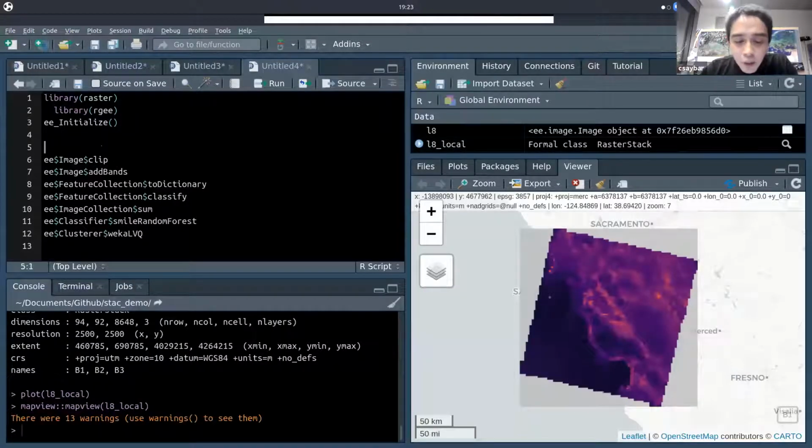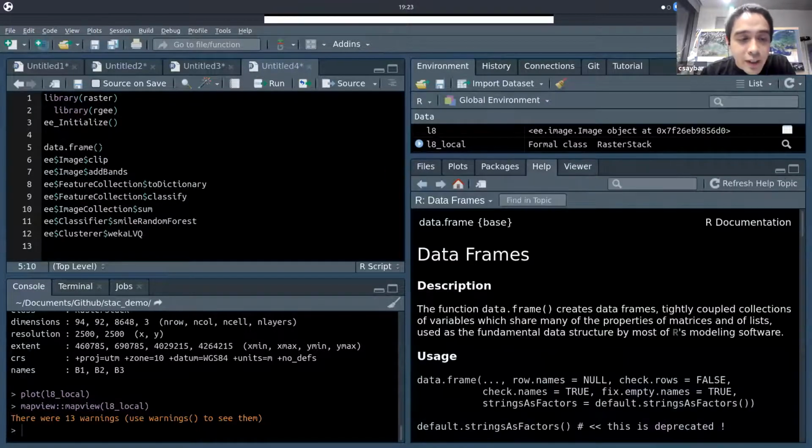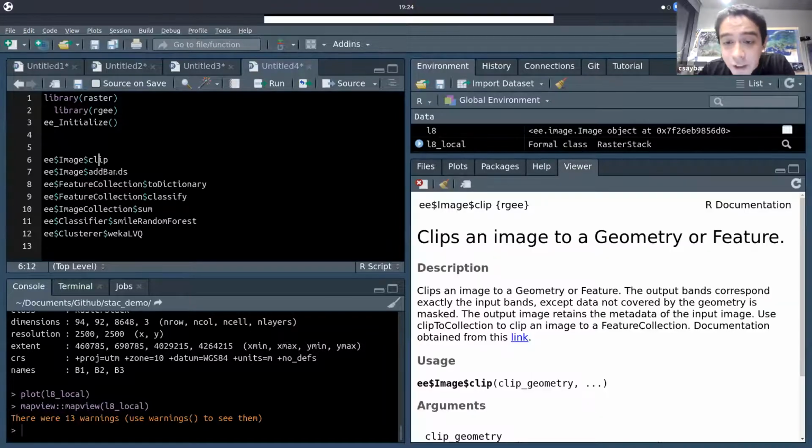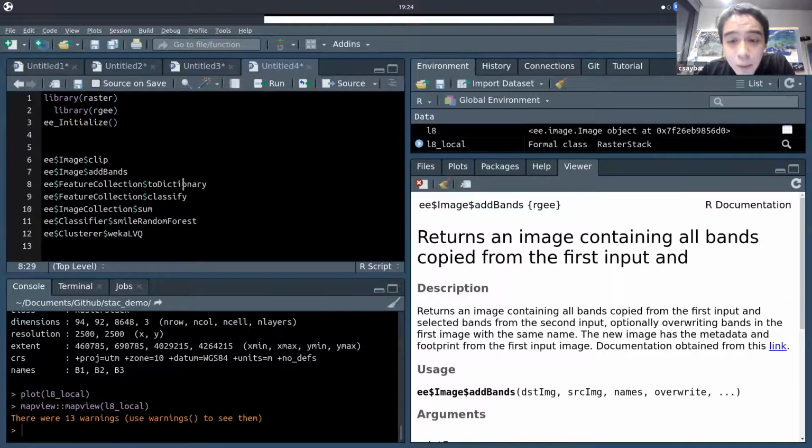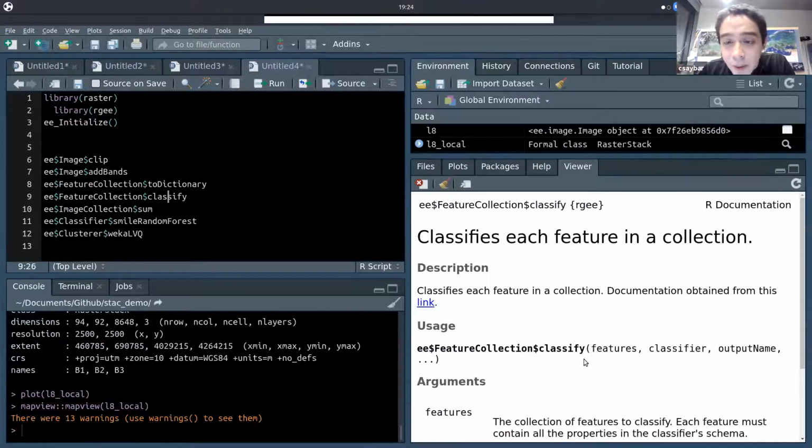And now, in R, if you want to display the documentation, you just need to press F1, sorry. But if you want to display the documentation of Google Earth Engine methods, classes, and everything in Google Earth Engine, you just need to press F3, and that documentation automatically appears in the viewer